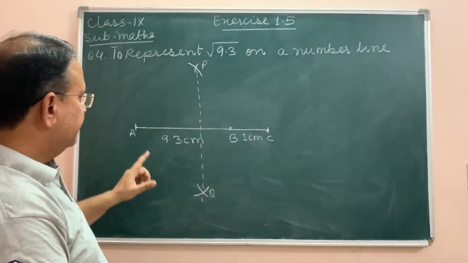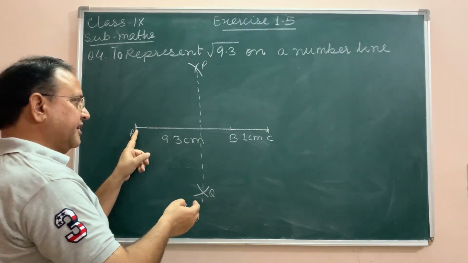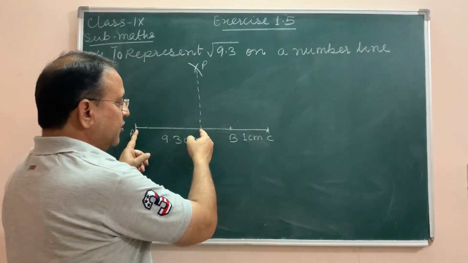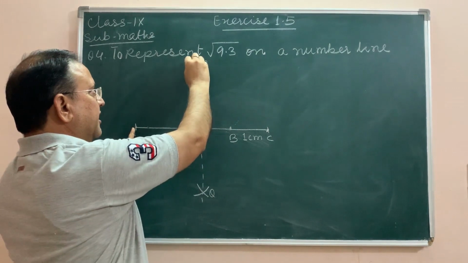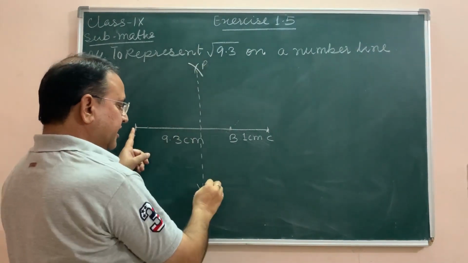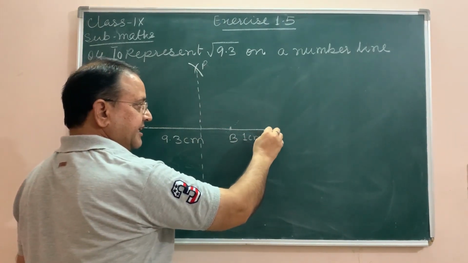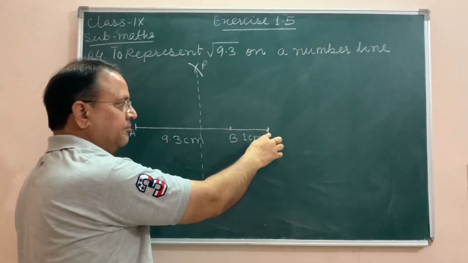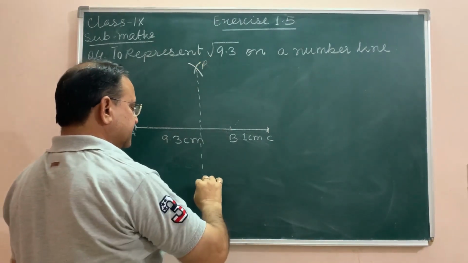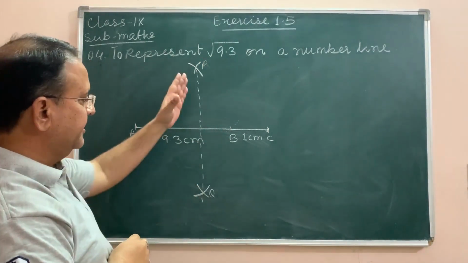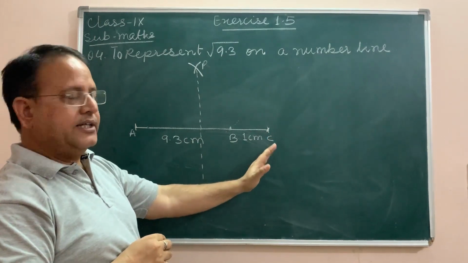Once again you can see with A as center means we have to put the compass on A and take radius approximately equal to more than half of AC. Then with A as center, two arcs we have to cut, one above the line and one below the line. Then with C as center, means on C we have to put the compass and same radius. Radius we need not to change. We have to cut these two previous arcs. These points we can name as P and Q. When we will join PQ, PQ is the perpendicular bisector of AC.